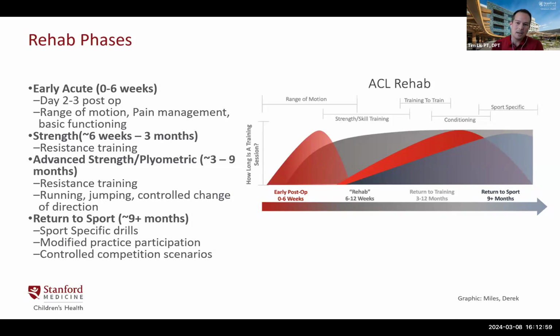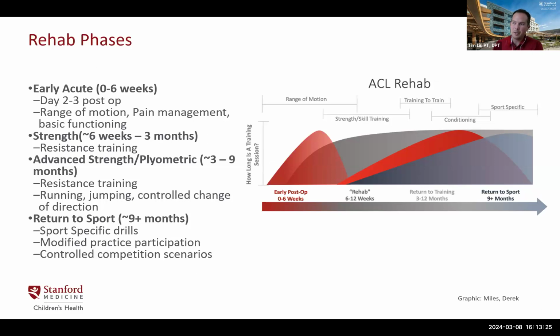But early on, a lot of our focus and efforts are really mitigation of some of the post-operative consequences. So pain, swelling, range of motion. We're really working on restoration of some of that straightening of the knee. As Dr. Shea mentioned, stiff knees going in become stiff knees on the way out. Knees a lot of times get stiff after surgery, and so it's our job to try to get them moving as quickly as we can and as early as we can so that we can get some restoration of day-to-day